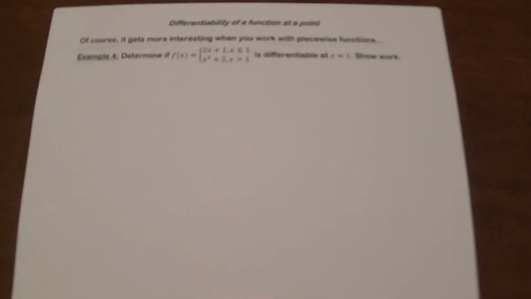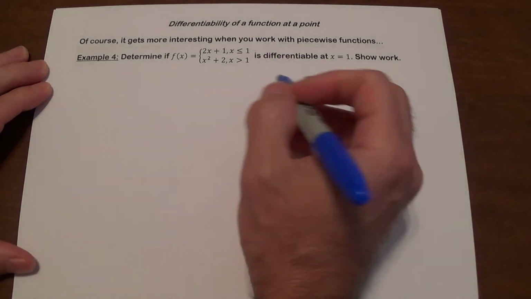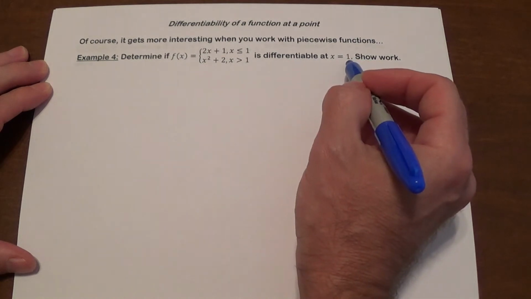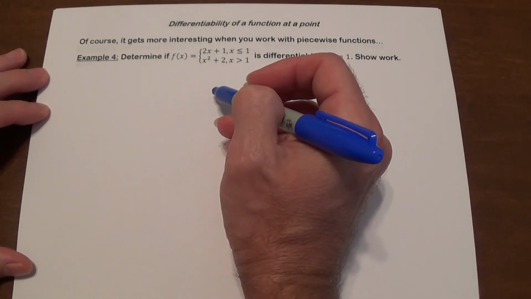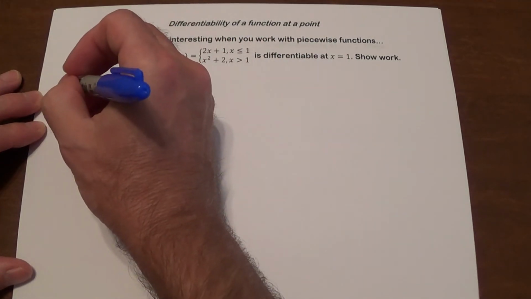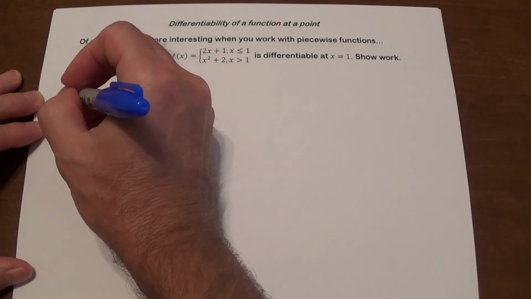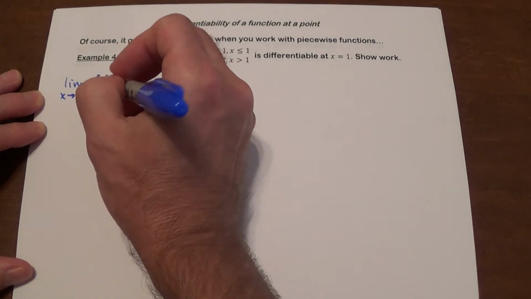And we're going to look now at piecewise functions, because they make things a little bit more interesting as far as trying to determine if the function is differentiable or not. So we're going to take a look at this function first. We have this. Is it differentiable at x equals 1? Well, since it's a piecewise function and we don't know if it's actually continuous or not, we're going to have to check that first. So the limit as x approaches 1 from the left of f of x is going